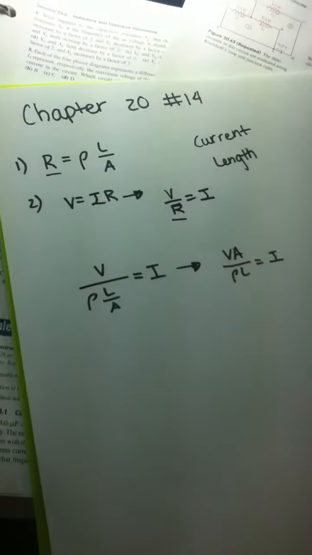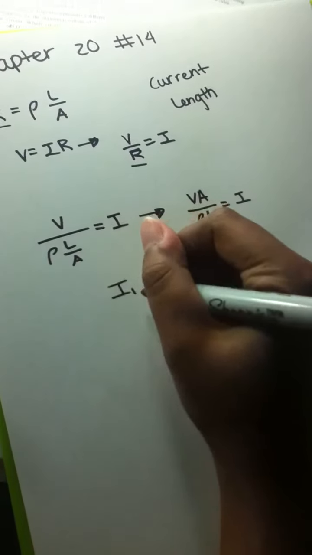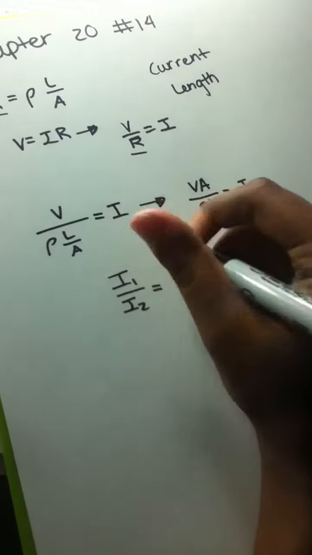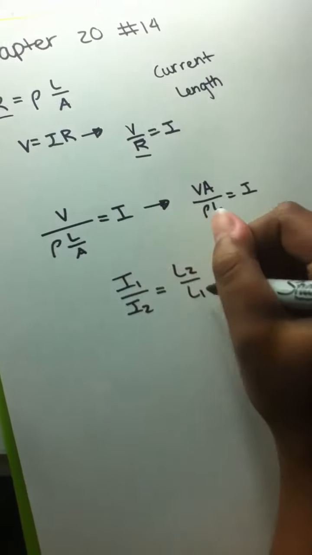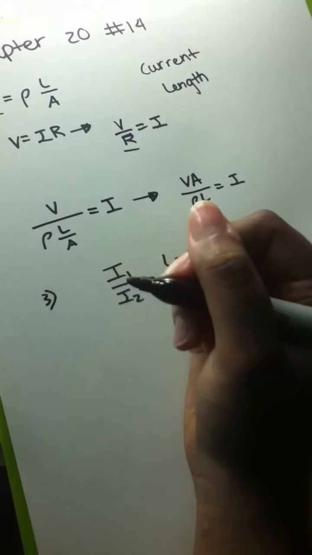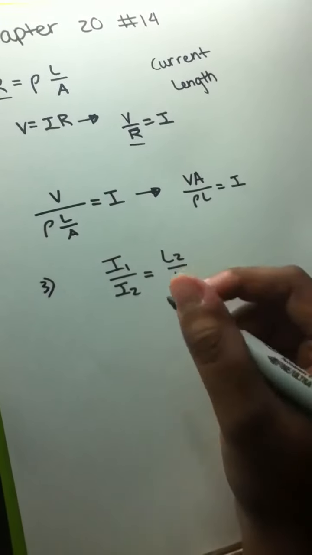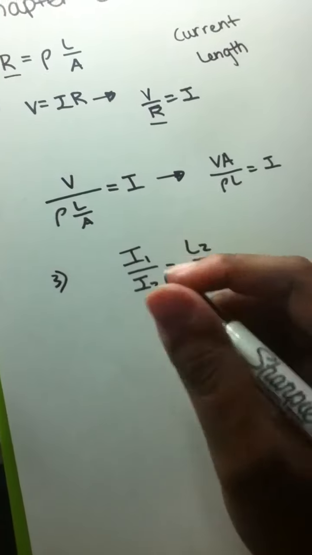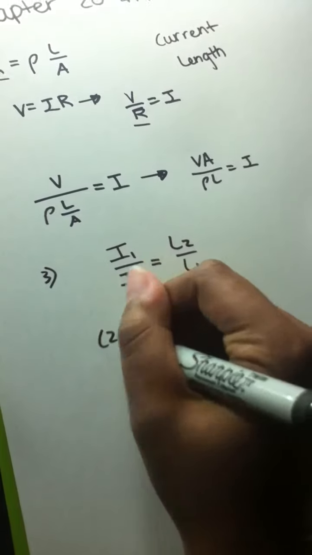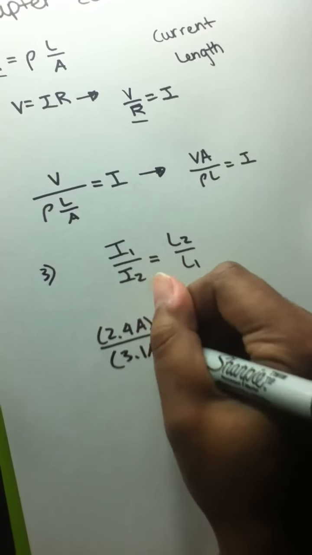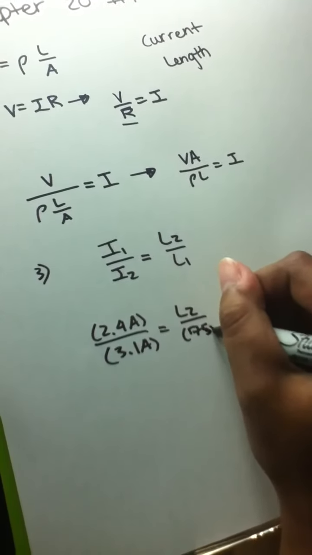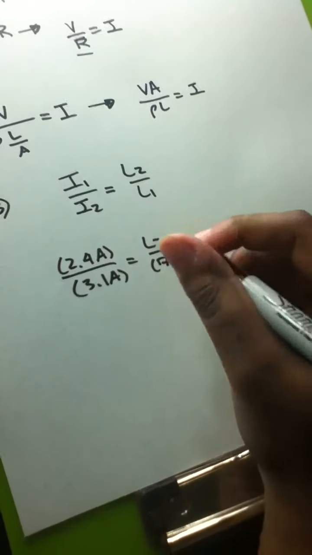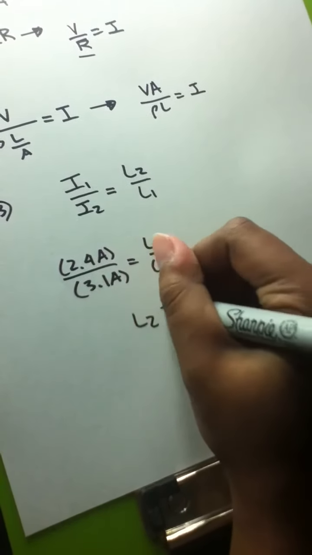And from these two equations, I was able to come up with another equation, this one right here: the first current over the second current is equal to the length of the second wire over the length of the first wire. And from this third equation, I just plug in the values. The first current was 2.4 amps divided by 3.1 amps is equal to the unknown length over the known length, which is 75 meters. Multiply each side by 75 meters, and I got the unknown length equal to